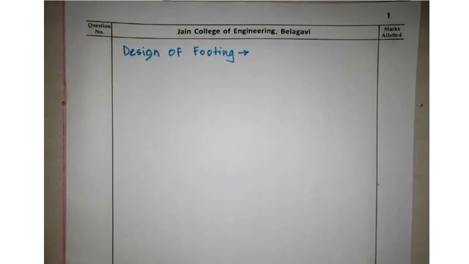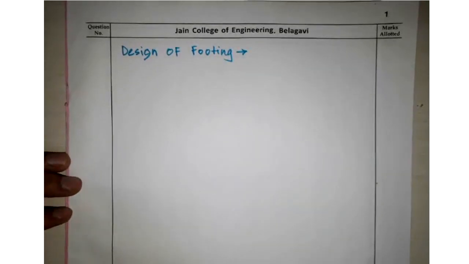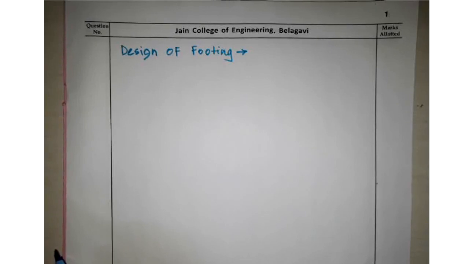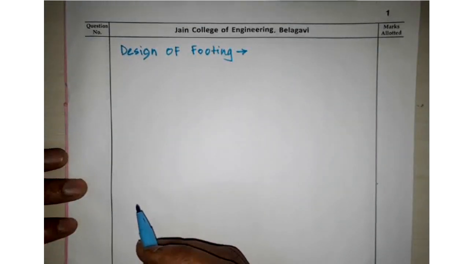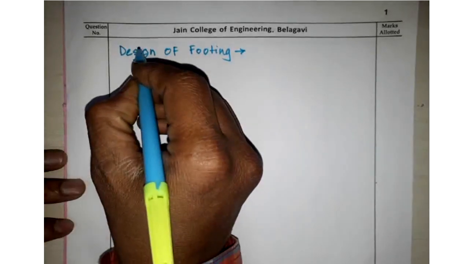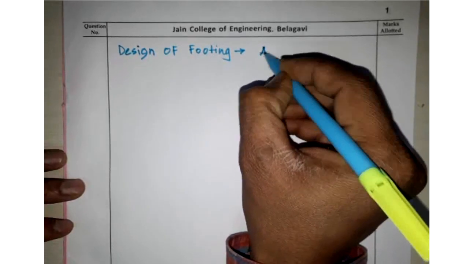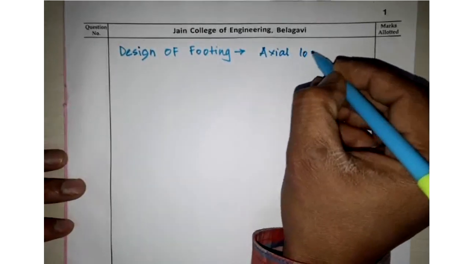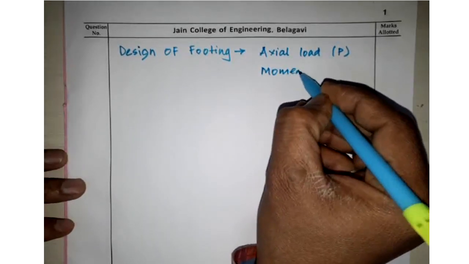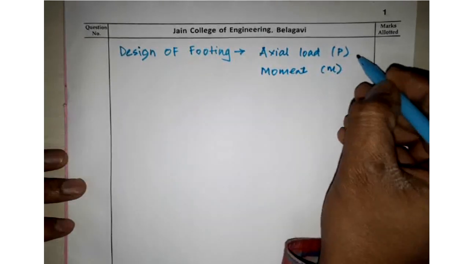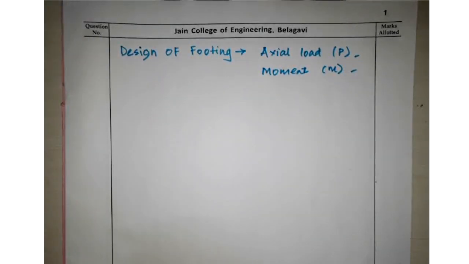We have completed all the design elements: the continuous slab, beam, column and the design of hinge, and the last part we are left with is the design of footing. In the design of footing we require two things. First of all, the axial load acting over the footing, that is P, and the moment M. So we need to find these first, calculating from the previous calculations.